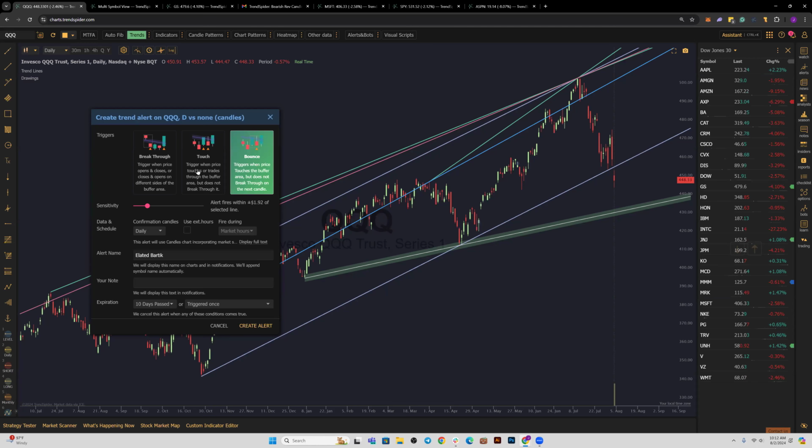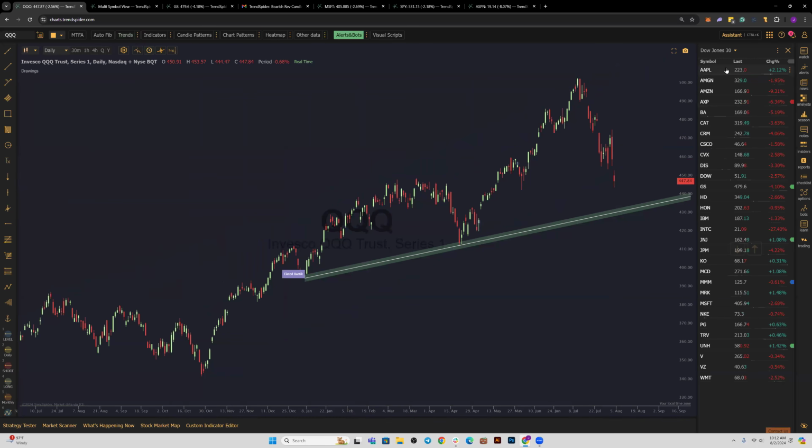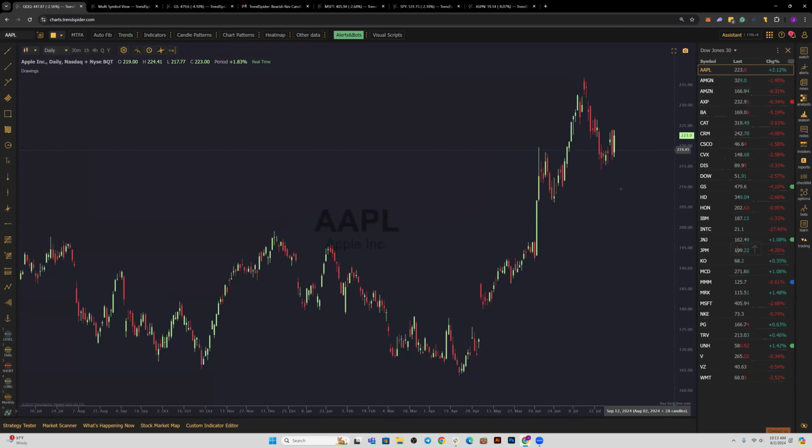So maybe I want to use a little bounce touch alert here and just let the platform monitor that line. I'll do like a 20-day expiration on it. And so now I've just created an alert on this line. I can turn my auto trends off, go to another asset, continue on with my day. The platform's watching that trend line, letting me know when and if price gets there, and then I'll be mindful